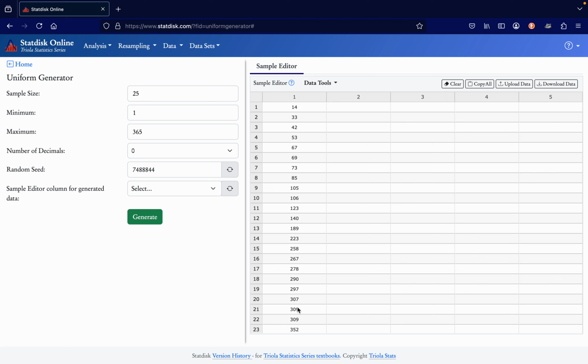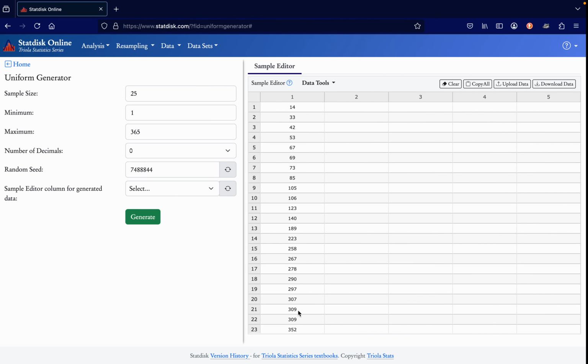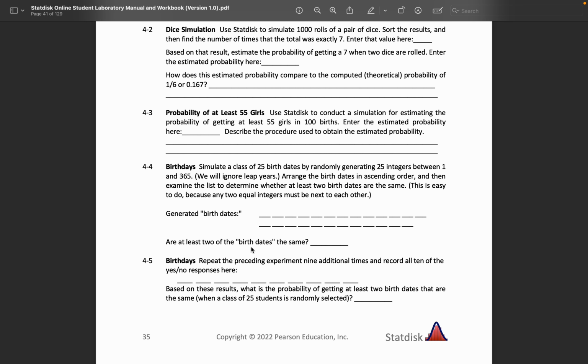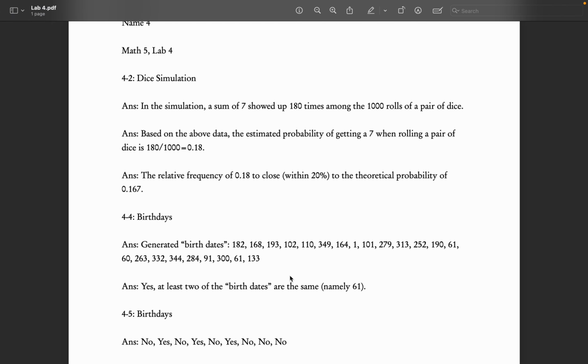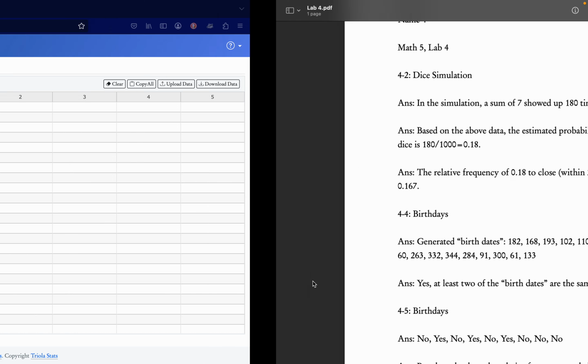And we see, yes, there are. 309 are the same. And so the next question says, are at least 2 of the birth dates the same? And in this case, yes. And in the previous data I generated, the number 61 and 61 were the same, and so at least 2 of the birth dates are the same.